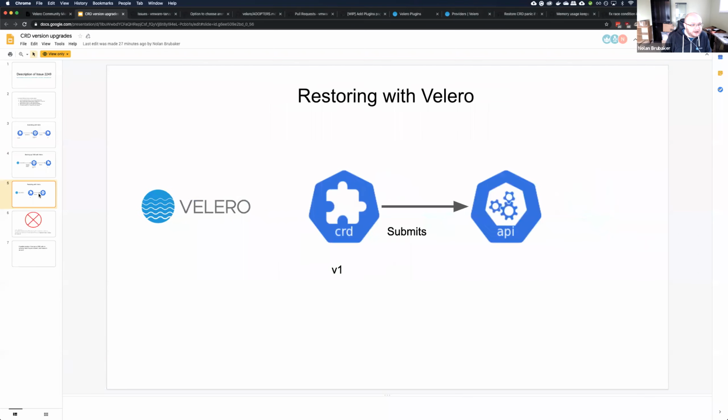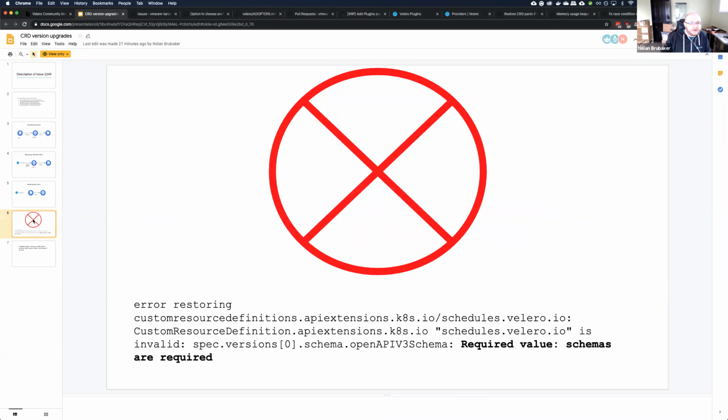Go to the next slide. Kubernetes then submits the v1 CRD to the API server. If you go to the next slide, you get an error saying, hey, you need to have a schema. Because Velero basically got essentially a v1beta1 document, but updated the version to say v1. So slide number 7, the last one,